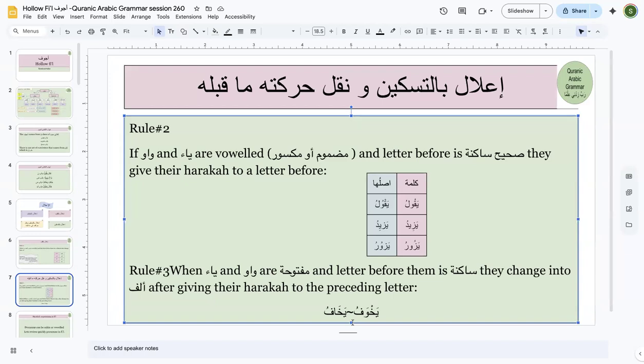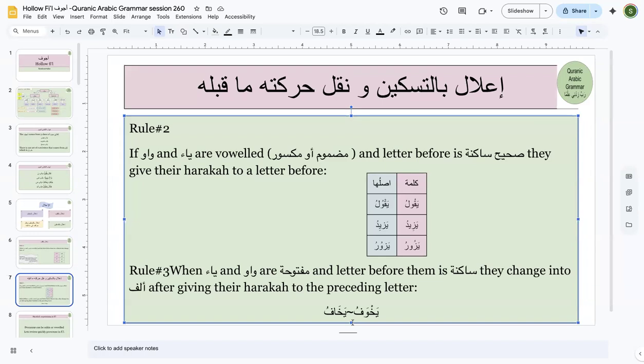Is this clear to all of you? How many of you are understanding this and are with me so far? Because if it was khafa yakhwafu, it would be a mere application of rule number 2. But we did not do it like that, right? We don't say waw with lean. We say yakhafu, right? We change waw into an alif. Since there is a change, you cannot skip calling it ilal bin nakal wal qalb.